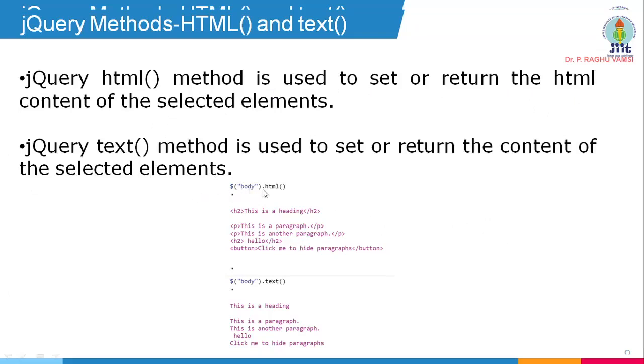So body.html gives you the content in terms of HTML. Whatever is there in the file you will get via html with the HTML tags, and without the HTML tags you will get it via .text.